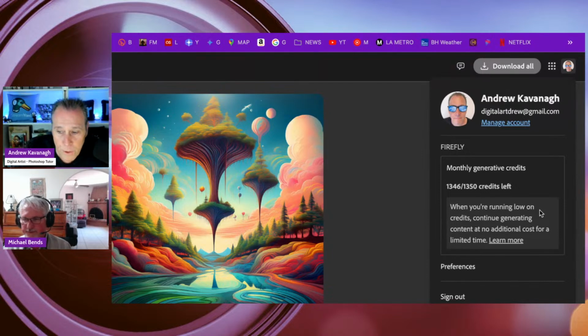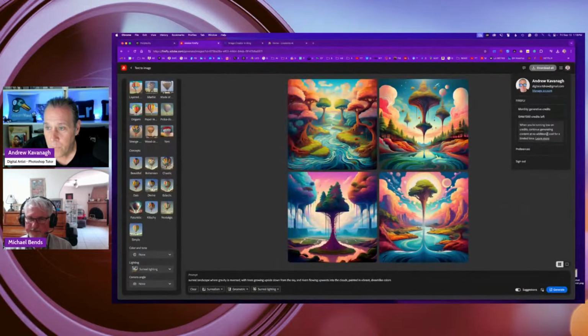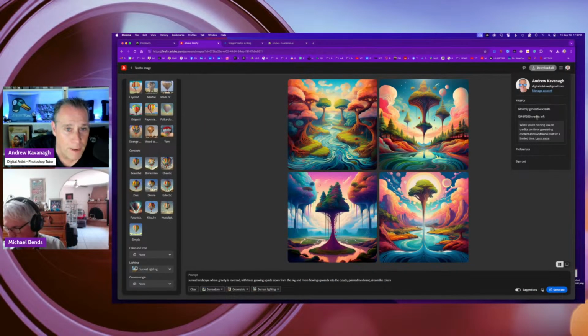It reminds you when you're running low on credits, you can continue generating content. I think it might slow down a little bit, but you can still pretty much do what you need to do. So you will get different credits depending on if you are an Adobe Creative Cloud subscriber as opposed to someone using it for free.